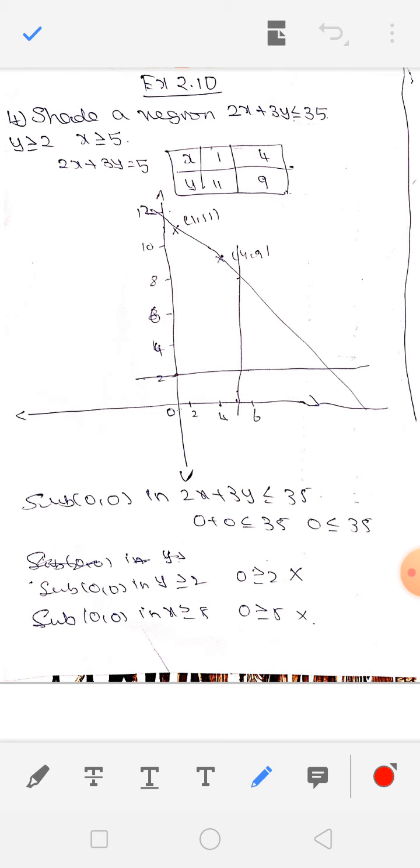So shade a region, first step is what? We have to draw the graph for the given equation. What are the equations here? There are three equations. 2x plus 3y less than or equal to 35, y greater than or equal to 2, and x is greater than or equal to 5. So there are three equations. Suppose one equation now, just draw the graph. If you draw the graph,